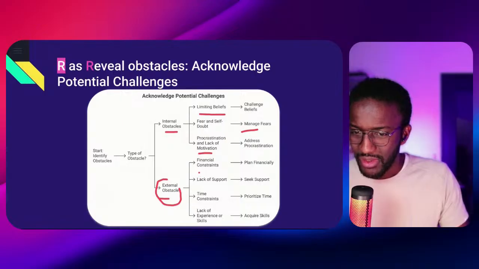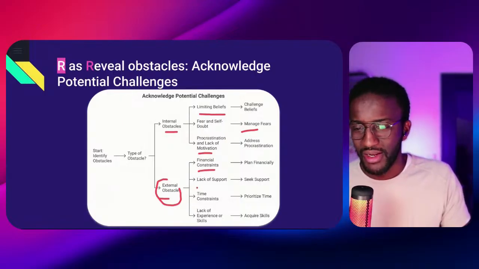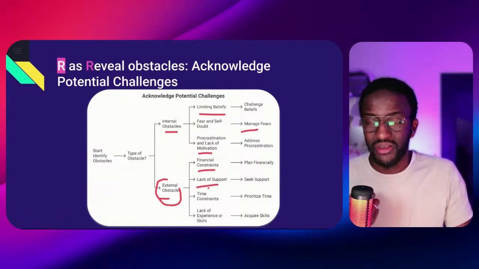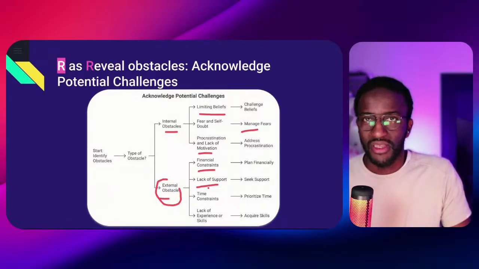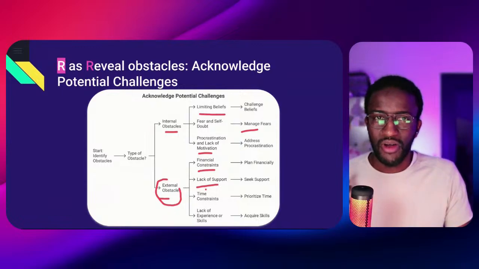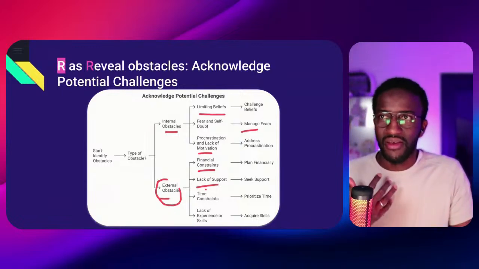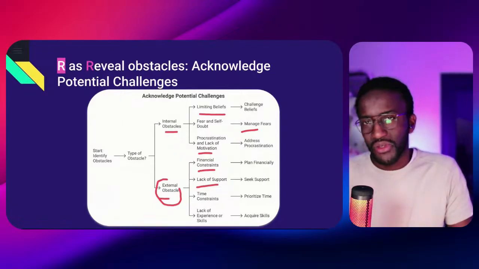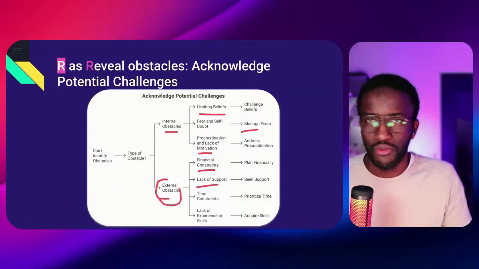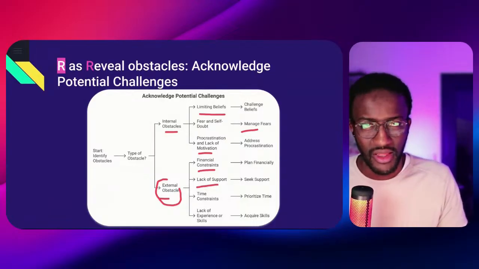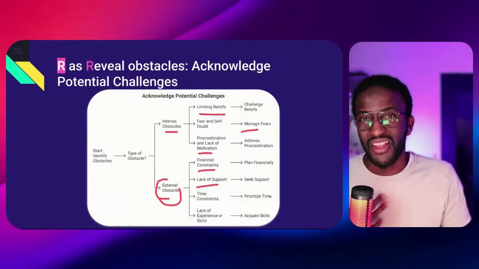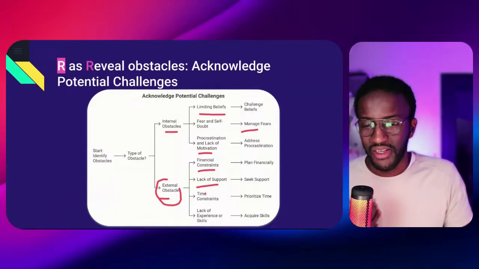So, coming back to that, financial constraint is something that can be an external obstacle. You may have a lack of support. Maybe you feel alone and not supported by your family or friends in what you want to achieve. Maybe you are not in the right environment. People cannot understand what you want to achieve, or they don't believe in you, or they challenge you: it's not possible, we have tried it, no one can do it. And it can cripple you with self-doubt. This is an external challenge you may have.